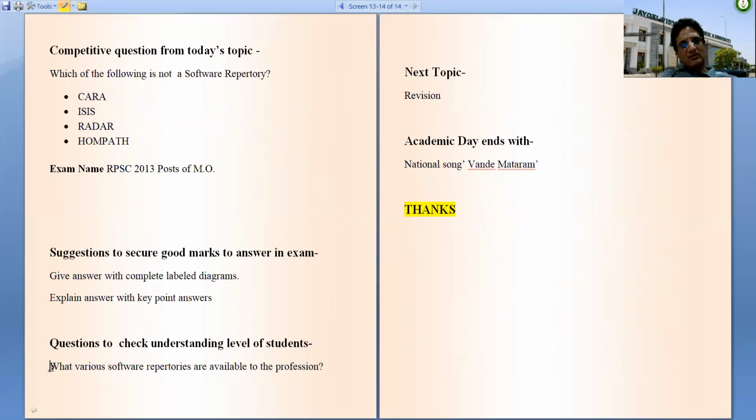And the question is, what various software repertories are available to the profession? And what are the features of Kara? What are advantageous features of Kara over the other software repertories? What is special in Kara that will appear better than the other software repertories? You have to tell. So see you in the next lecture, Software Repertory Part 3.